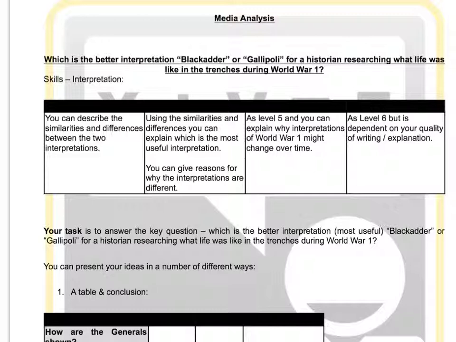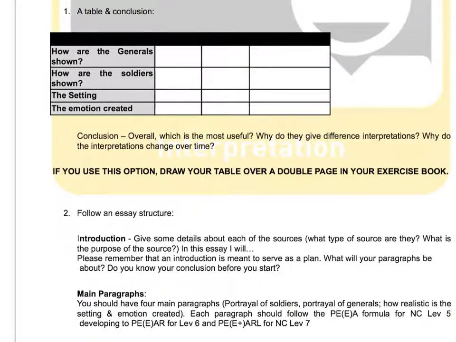You can present your work in a number of different ways. Firstly, it would be more than acceptable for students to present their work in the form of a table. In other words, take the notes that they've already put together from their worksheet and populate the table that we have here to illustrate what it is that you're talking about. So for example, the first column could deal with similarities. Secondly, we could deal with differences. And thirdly, we could arrive at the conclusion which is the most useful and why.